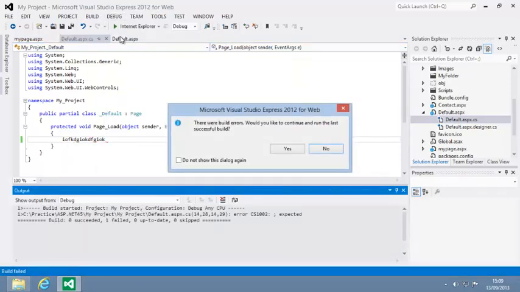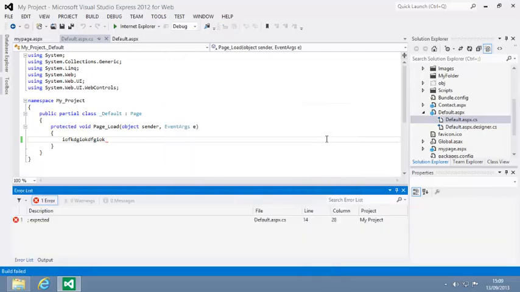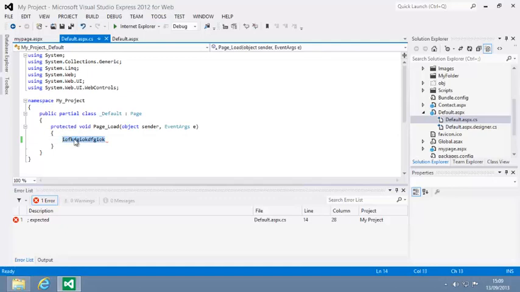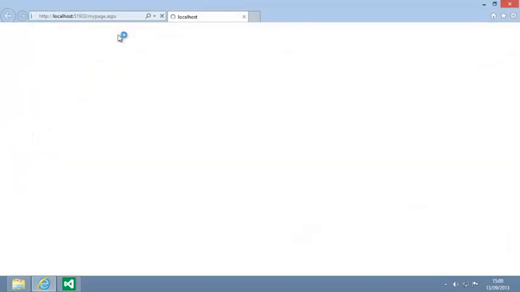Instead of displaying the page, a dialog appears warning you that there are build errors, and asking if you'd like to use the last successful build instead. Click No. Now delete the nonsense that you typed, and start debugging again. Mypage.aspx is displayed properly this time, although of course it is still empty. Close your web browser now,